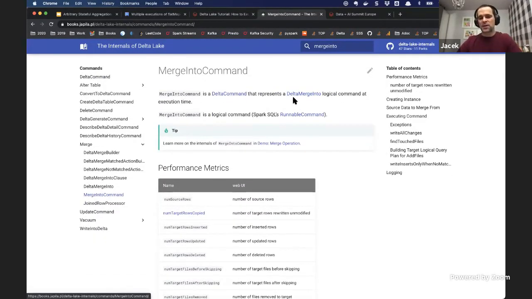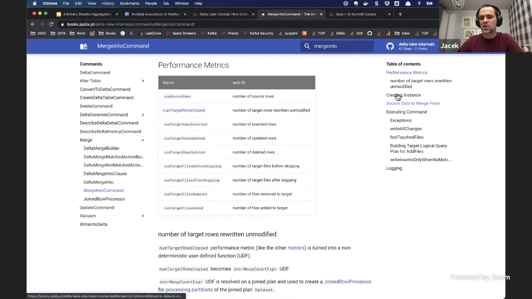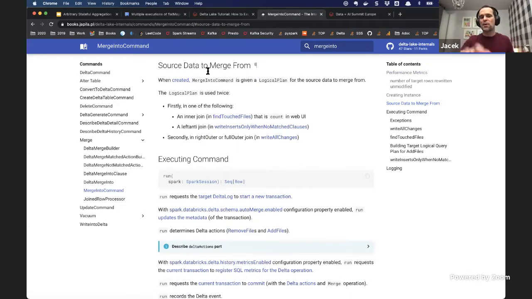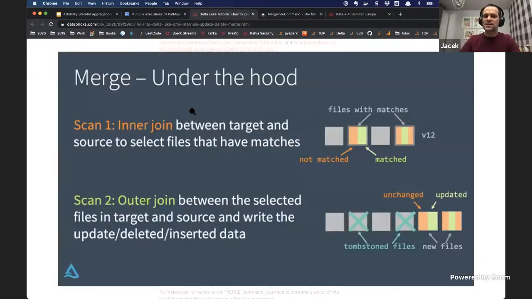I dug deeper into the code and found out that this source data to merge, a state with, is created when this merge into command is created, fine, and it's used twice. And something that's not precise in this slide, something that I'm going to ask Danny to